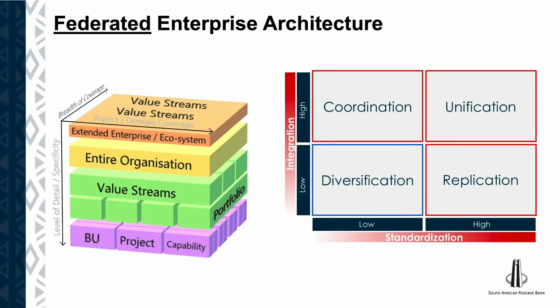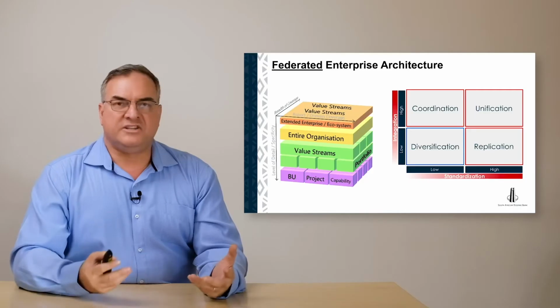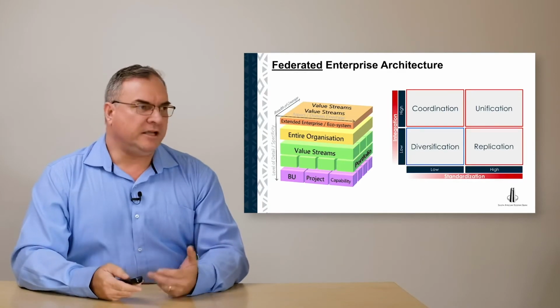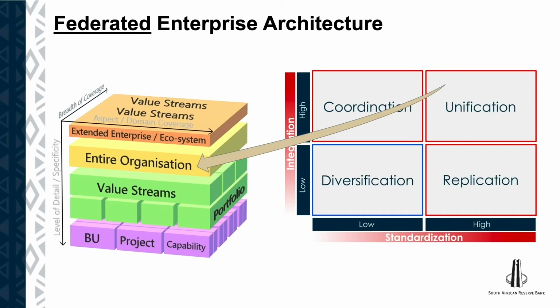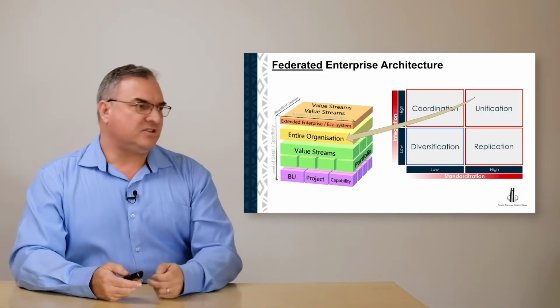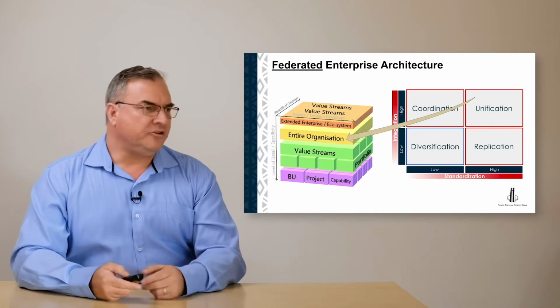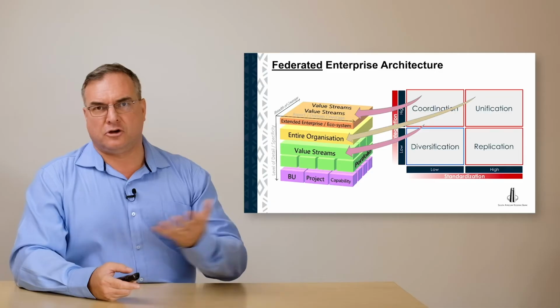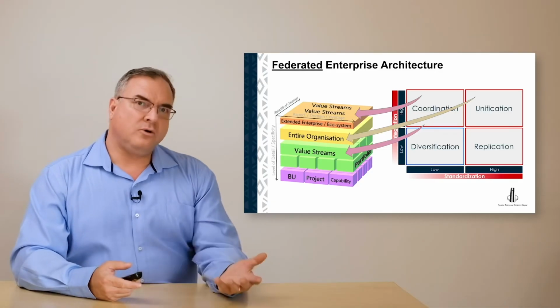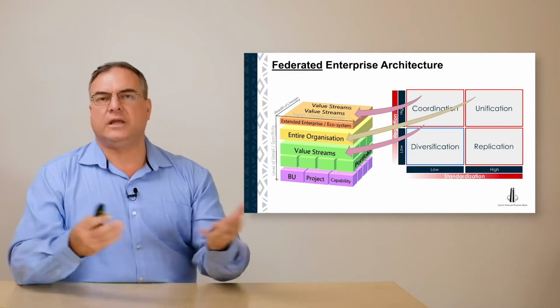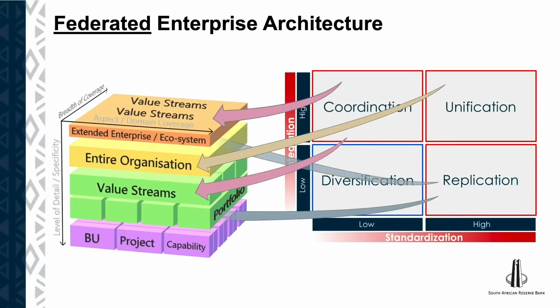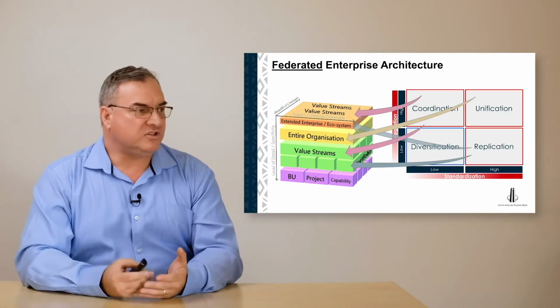These two models, the partitioning model and the zoning organization model for integration and standardization, even come together in interesting ways, because we could say for the entire organization, the enterprise in the partitioning model typically would look at unification, whereas coordination would usually apply to our value streams, the cross-cutting value streams within the business, or the value streams that touch the ecosystem or the extended enterprise, and how we need to coordinate and collaborate on those levels. Some of that could be replicated in consistent ways of integrating and collaborating with the ecosystem.